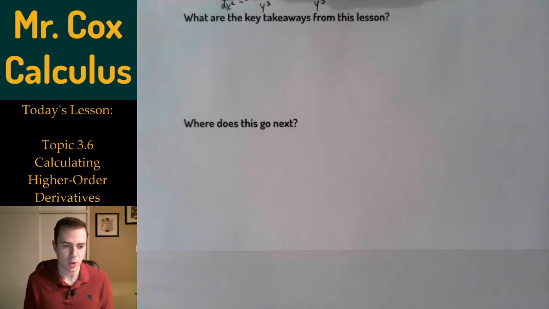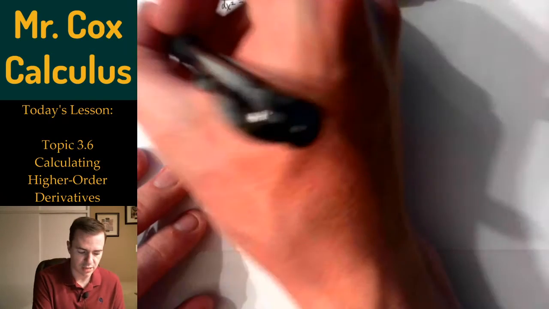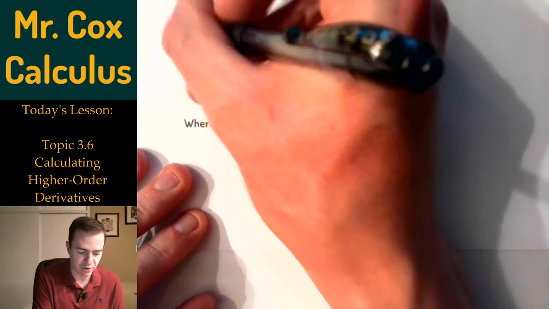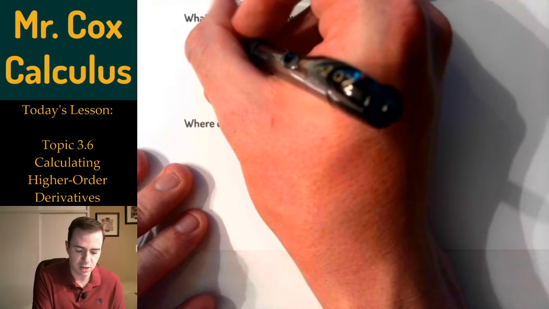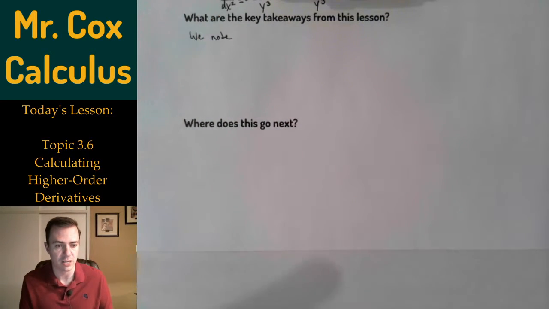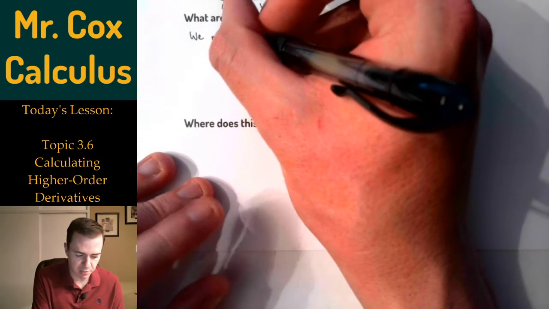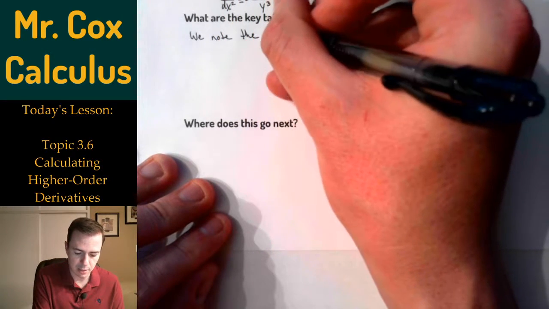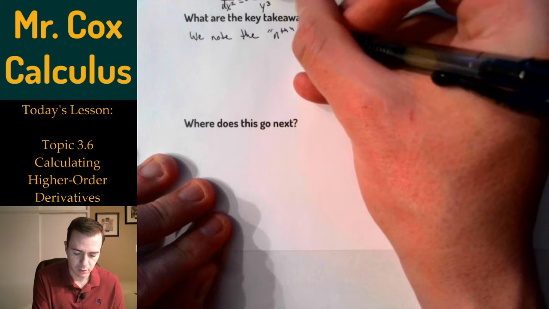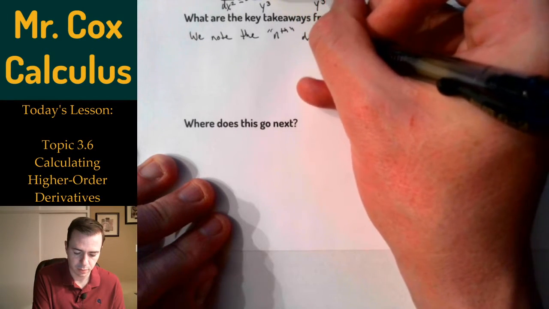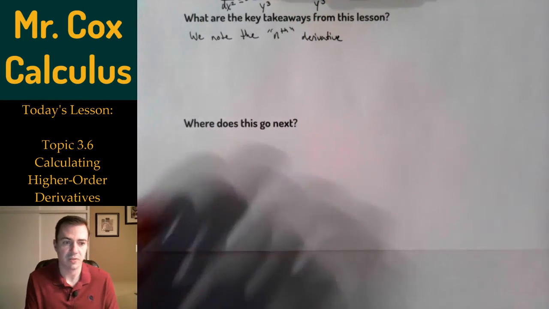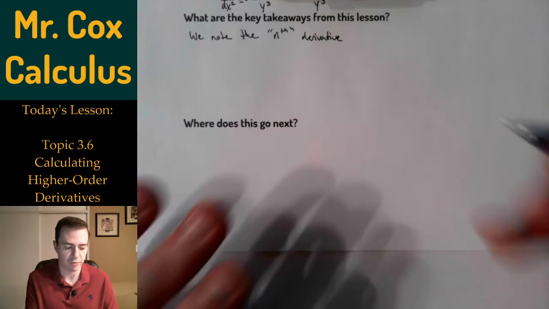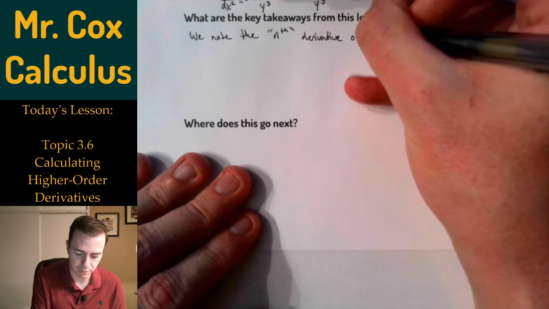So the key takeaways from this lesson, first of all, is the notation for taking higher order derivatives. And in the first video, I went all the way 1, 2, 3, 4, taking the fourth derivative. We can kind of generally say we note the nth derivative. The nth derivative. So let's say I wanted the seventh derivative of a function